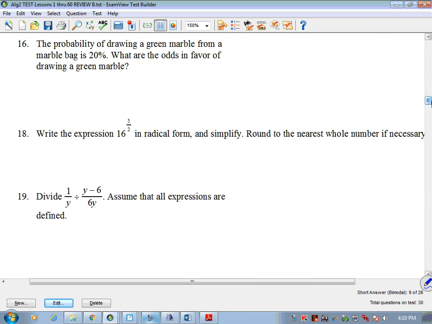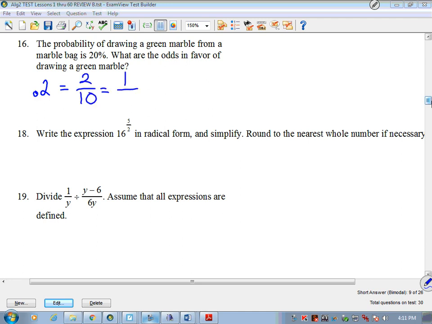16, find the probability of drawing a green marble from a marble bag. The probability is 20%. What are the odds in favor of drawing a green marble? We have to understand the difference between probability and odds. Probability is the number of desired over the number of total. Odds is the number of desired over the number of undesired. So we actually need to do something with this 20%. We need to take 20% and turn it into a decimal, and from a decimal to a fraction. 20% is 0.2, which is 2/10,